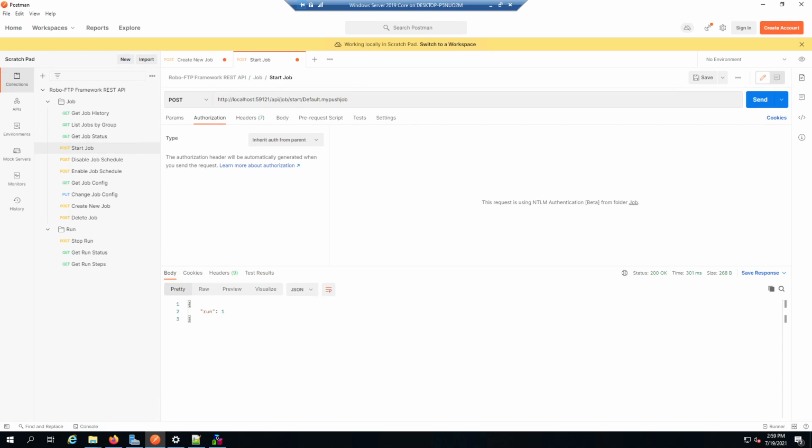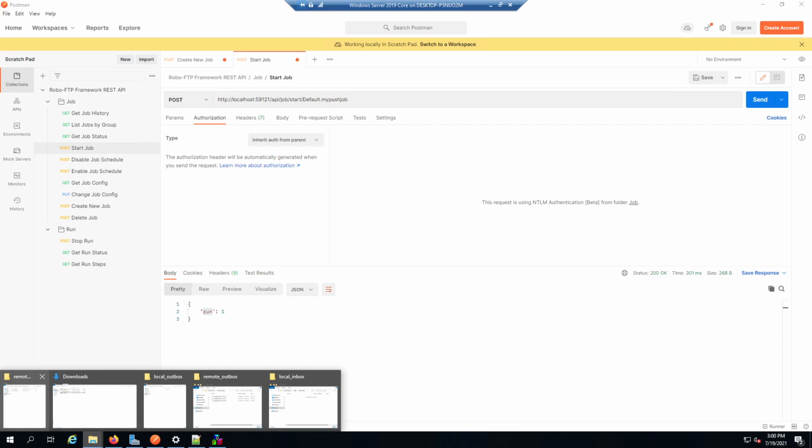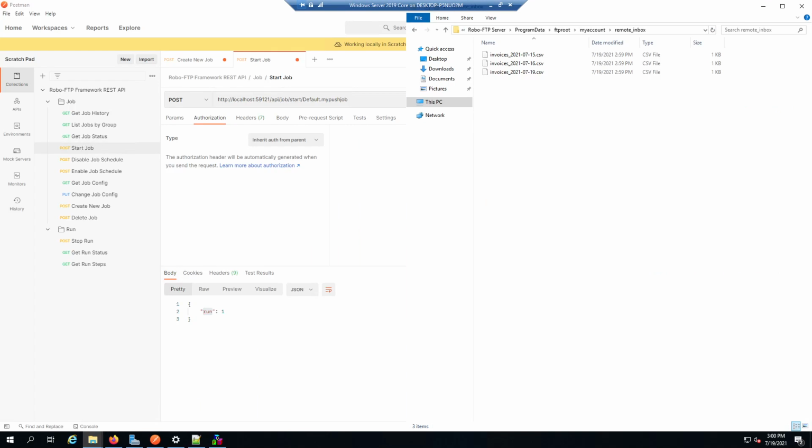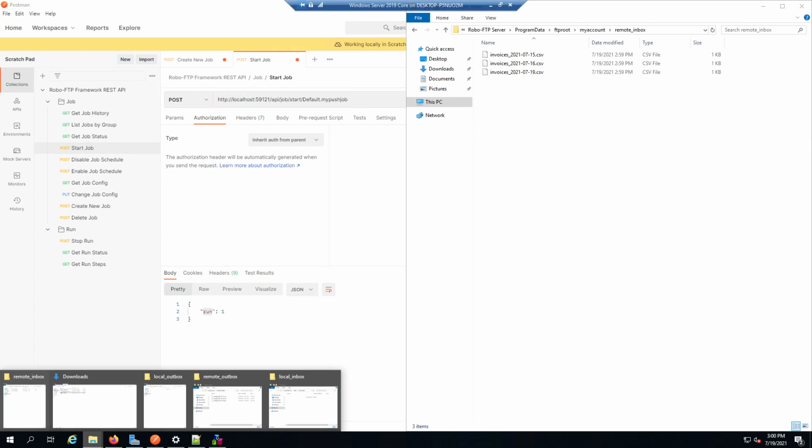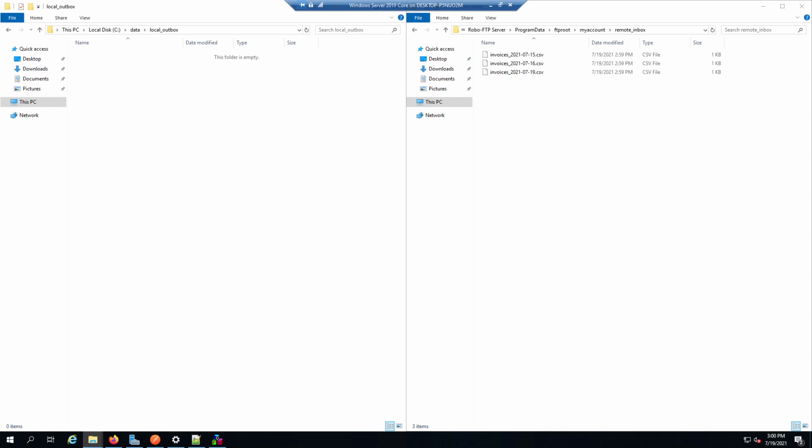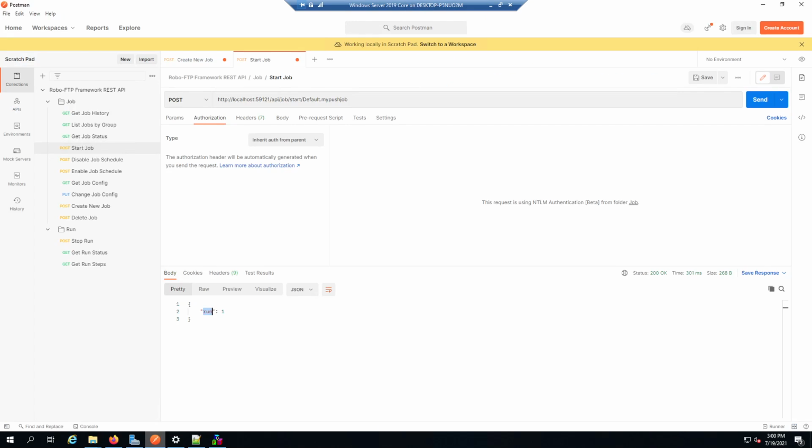And we get a status 200 OK, indicating success, and we get the run ID of the current run that was invoked. Now let's just wait a minute until that's complete, and it probably is by now. Let's check the files. We have our remote inbox contains those files, and the local outbox is now empty. We can now go ahead and check the status of that run